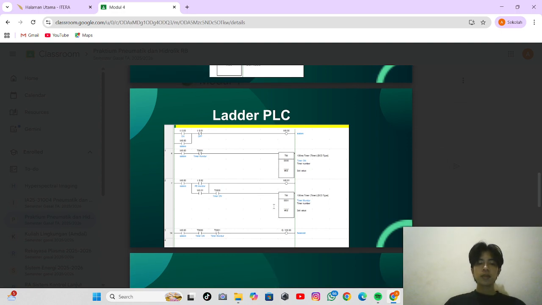Ladder diagram explanation. Now let us look at the ladder diagram example from the practicum. In the ladder diagram, you can see different rungs with input, output, and timer.